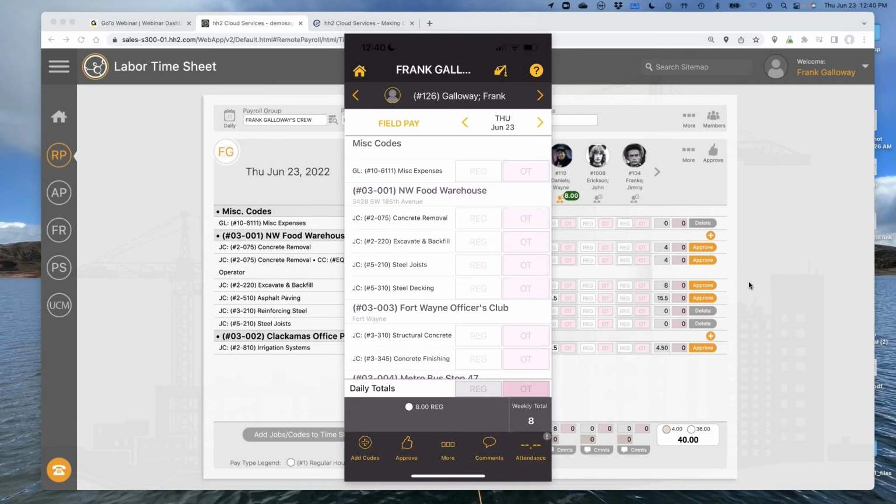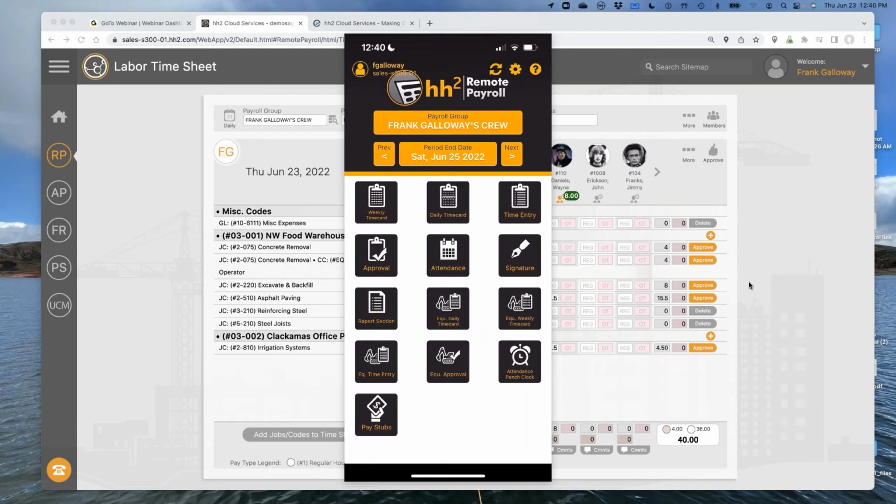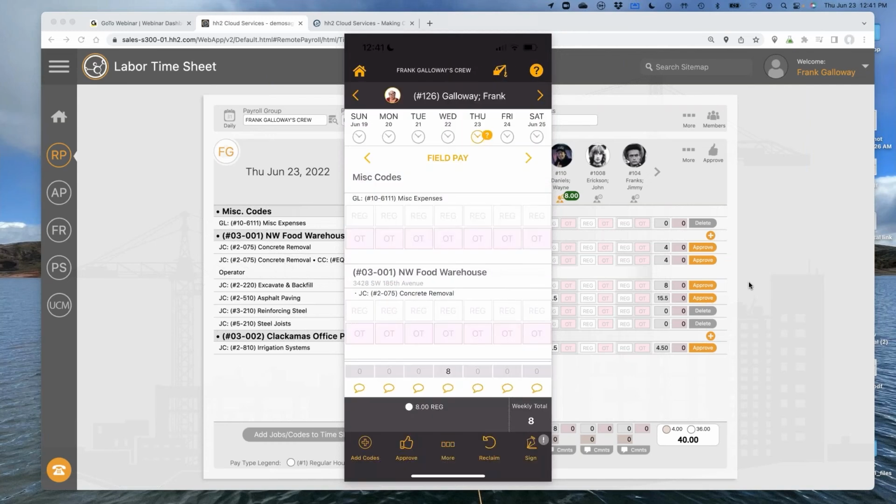Salaried employees, like for myself, if I were to pull up my time card today, I like to use the weekly view because I only have one code and it's a GL. All of my hours go to an overhead account here at HH2. Our developers, because they work on different products, have different cost codes. But for me, think of it this way, Deidre, I only have one line item and it's a GL code. It's an overhead expense.